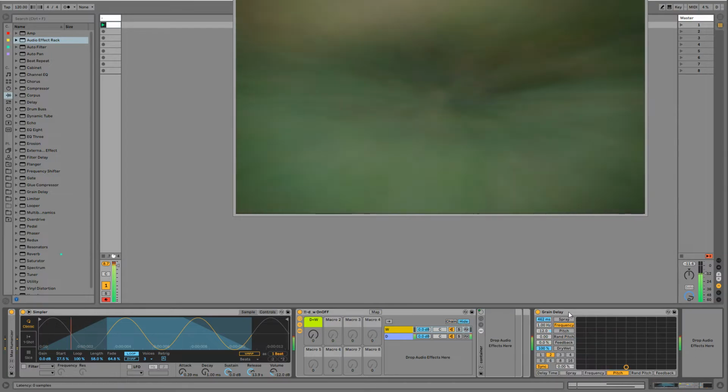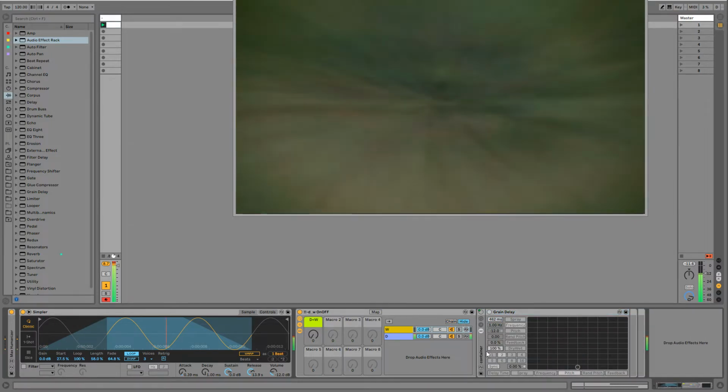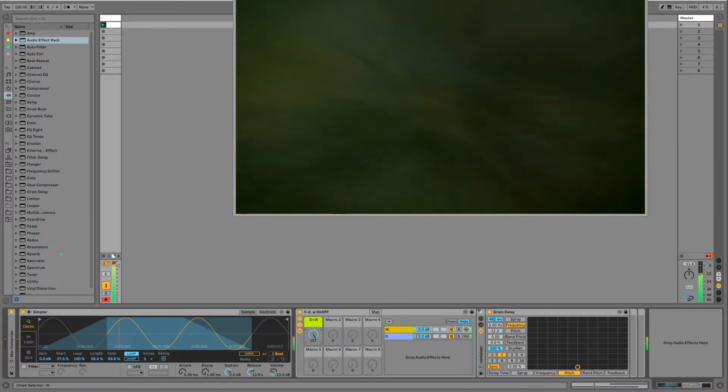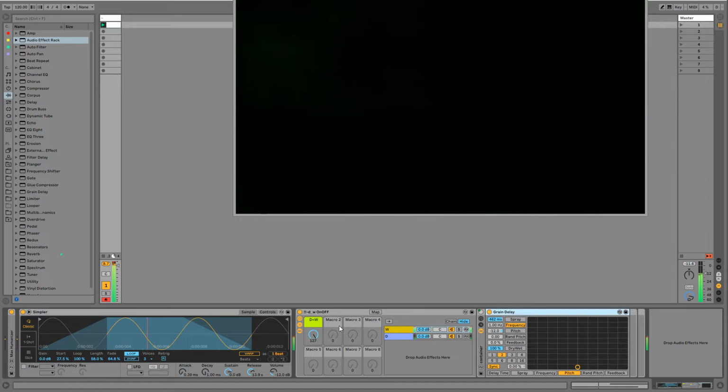So anyways, I'll go ahead and drag this grain delay in there. I think I may have covered this technique in one of my previous tutorials, but I'm just going to revisit it here for a second. Sweet. I've got this container inside of this wet channel here, and that's where I'm dragging all my effects.